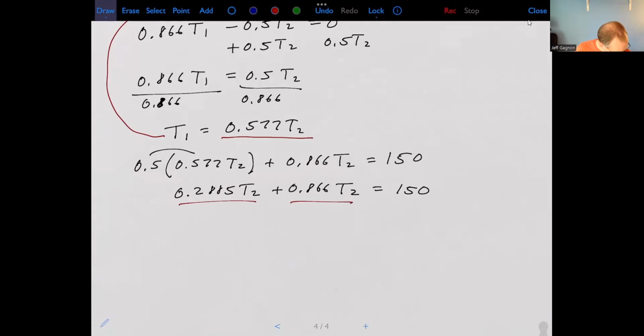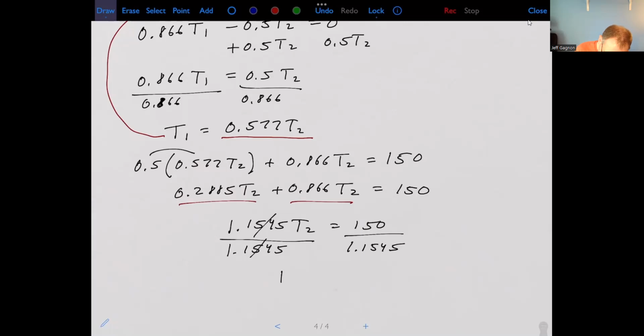So if I do that, I'm going to get 1.1545 T2 is equal to 150. And then finally, I can divide to get T2. Since it's being multiplied by 1.1545, I need to divide by 1.1545 to get a 1 here. But whatever I do to one side, I better do the other side. And you're going to find that T2 is equal to, it better be,